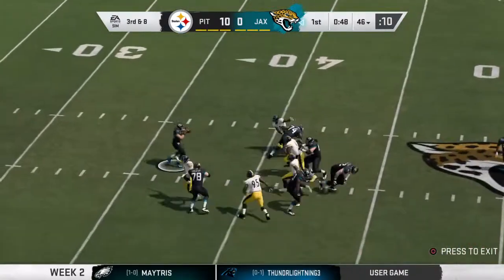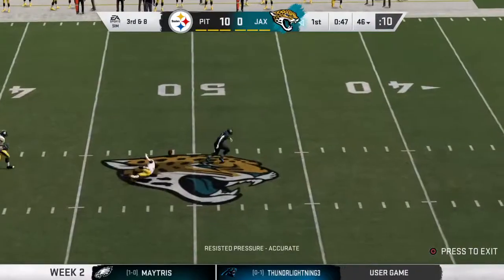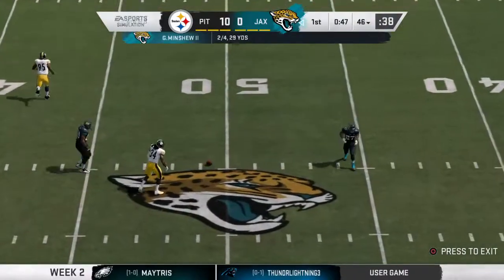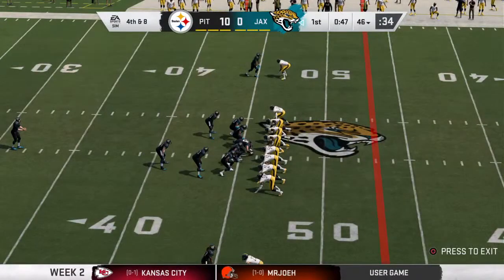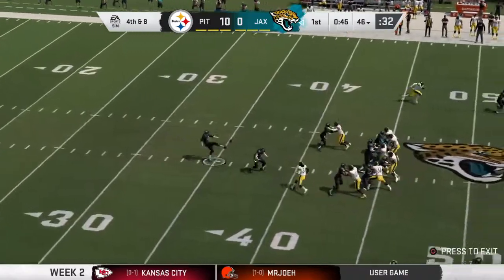Minshew throwing on 3rd down. Well, the 2 men come together, and it's incomplete. Excellent work defensively, brings up 4th down. And this pass defense, they were sensational in the win last week, and they're looking good here so far in